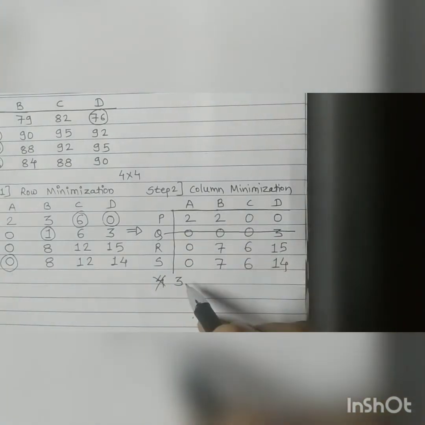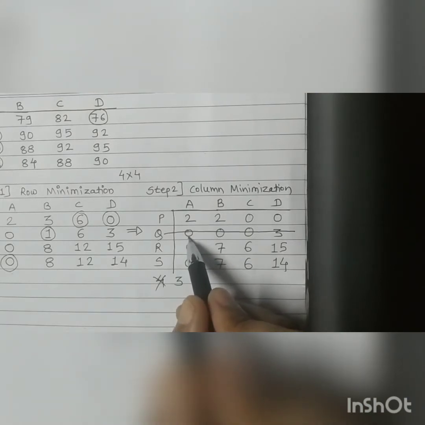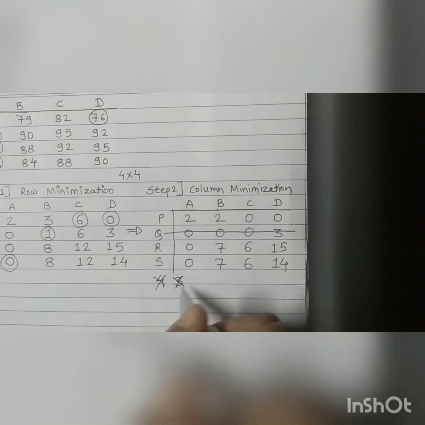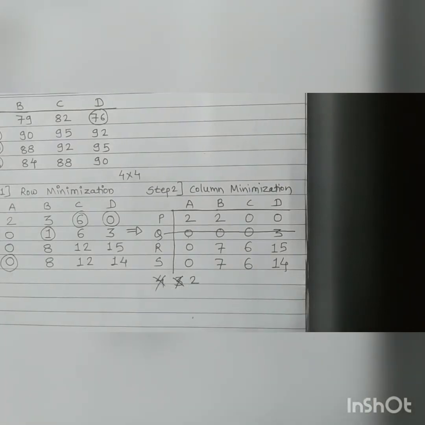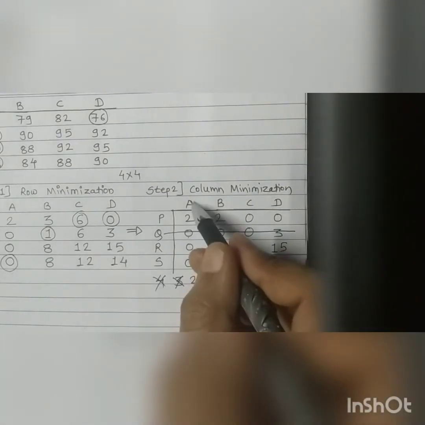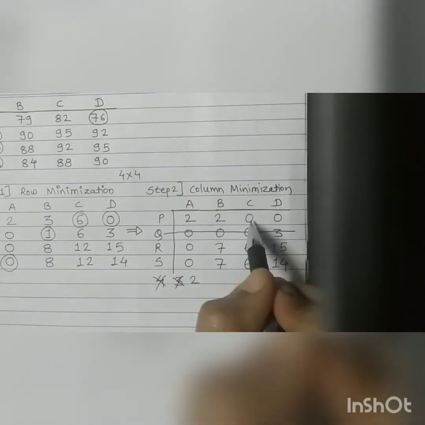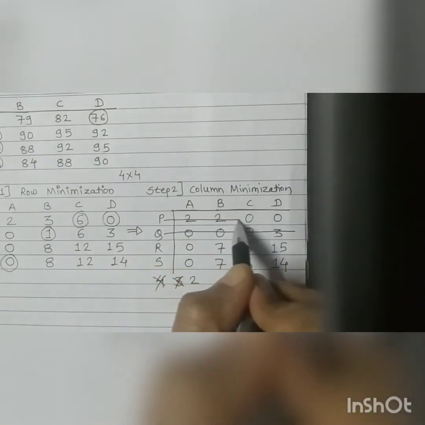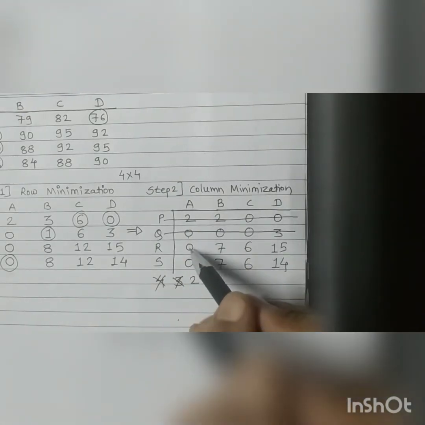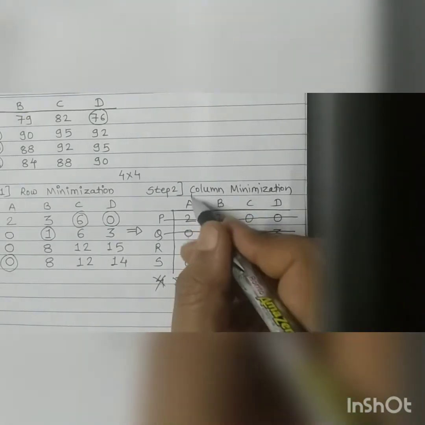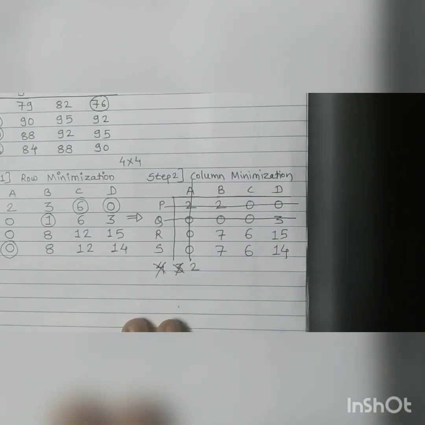Now can you find 3 zeros? Now here you cannot find 3 zeros because this is already covered. So can you find 3 zeros now? No. So just reduce this count by 1 more. Can you find 2 zeros? Yes. You can find 2 zeros here and you can find 2 zeros here. So for covering these 2 zeros, draw a horizontal line. After that, covering these 2 zeros, draw a vertical line. So all zeros are covered.